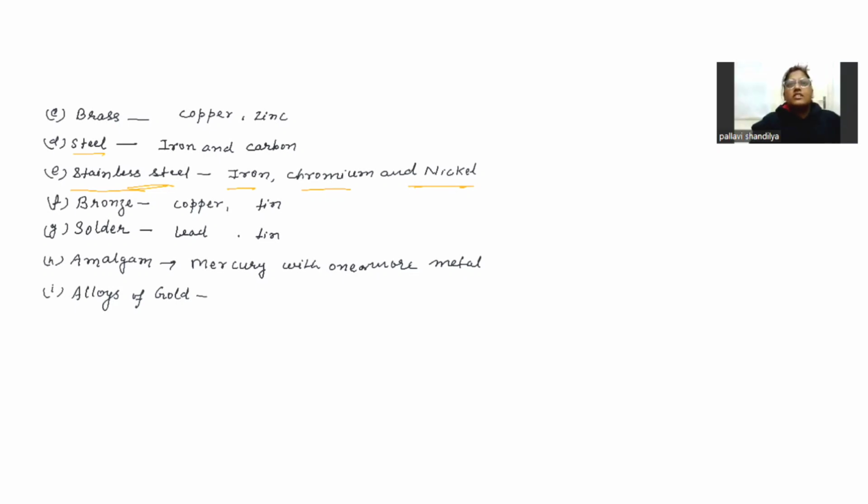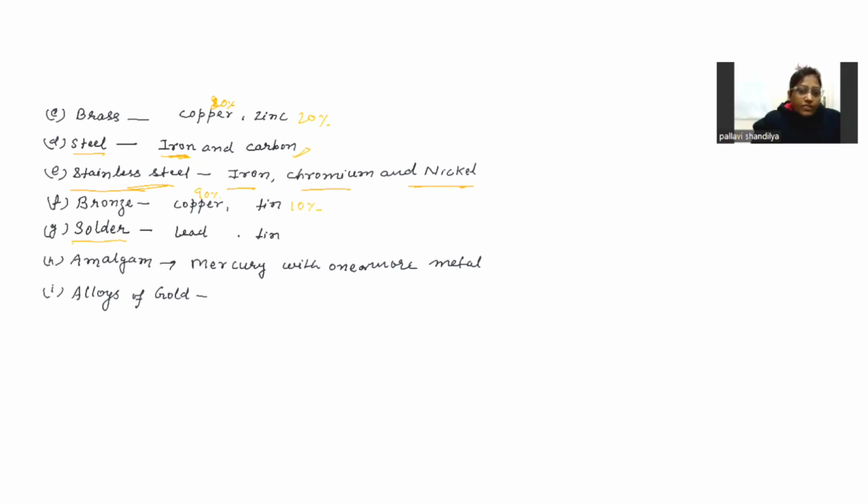Now bronze is the alloy of copper and tin. Okay, so here we are going to see the brass having the percentage of copper is 80% and zinc is 20% only. Okay, in case of steel, only 0.1 to 1.5% of the carbon is mixed with the iron. Okay, but in case of bronze, the percentage of copper is 90 and the percentage of tin is 10 only. Okay,